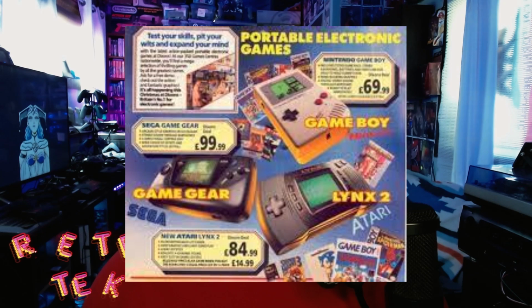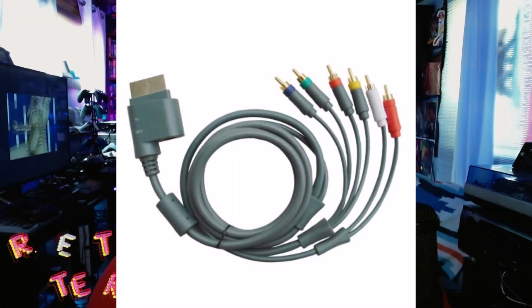The industry would go on to experience several more of these shifts, such as the adoption of handheld gaming in the early 90s and high-definition gaming in the early 2000s. One such shift occurred in the mid-90s. And that was the adoption of the compact disc, or CD, as the preferred medium for most video game consoles